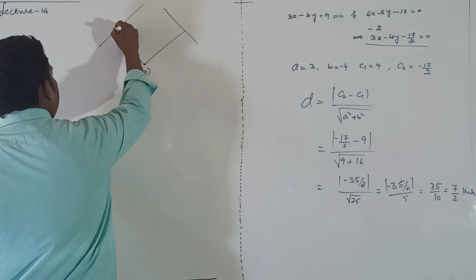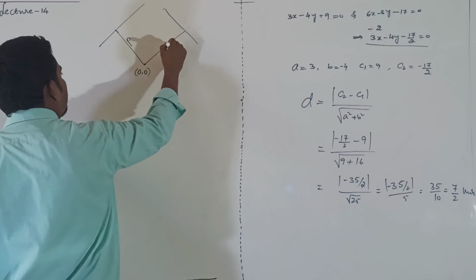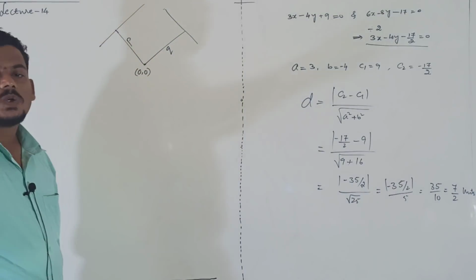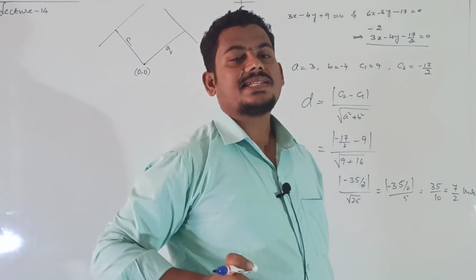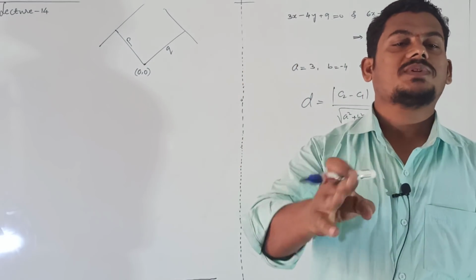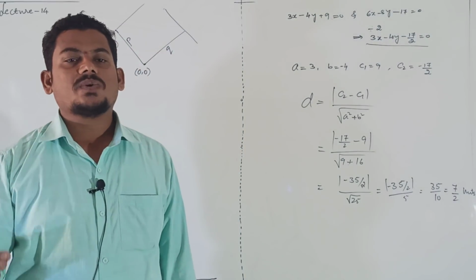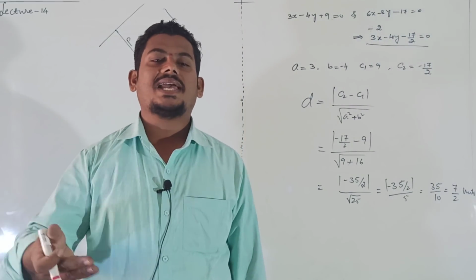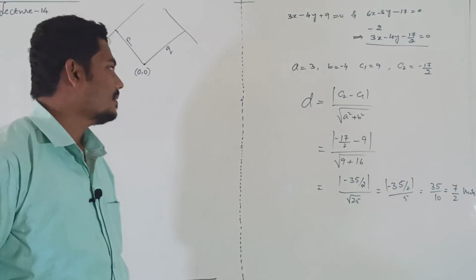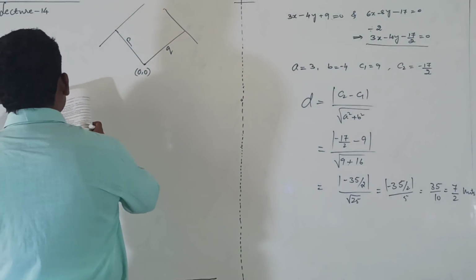This is the origin, P units and Q units. There are two lines which are at distances P and Q units from the origin. They have given two lines, one at a distance P units from the origin and another line Q units from the origin, right? First line equation,